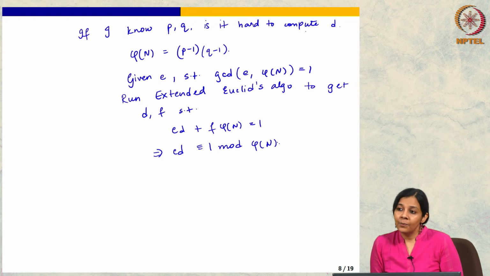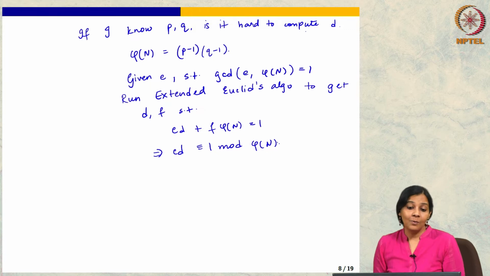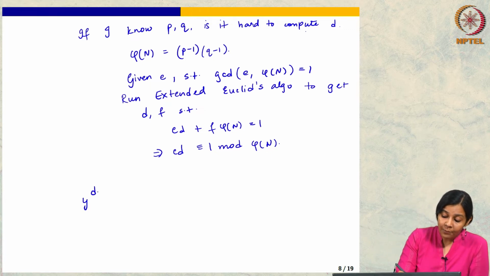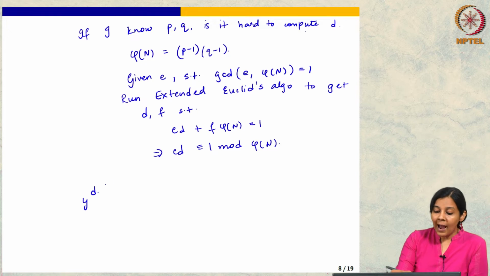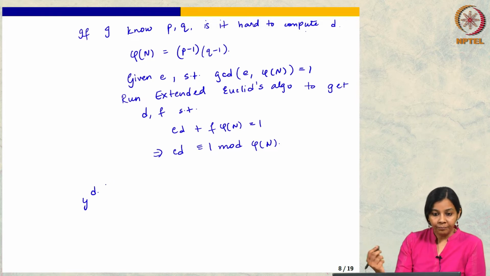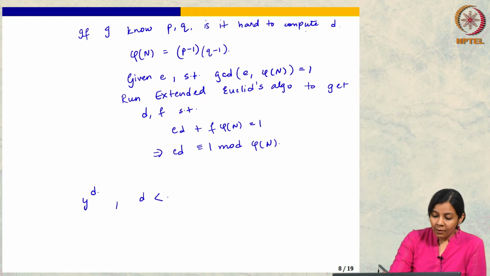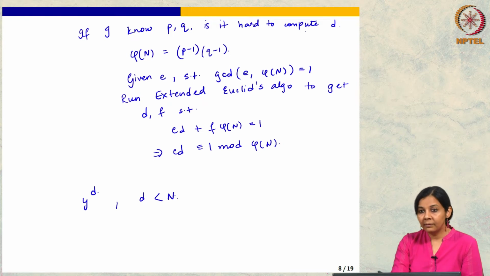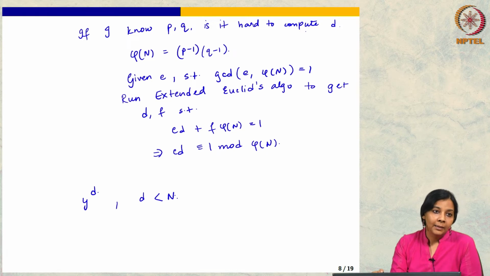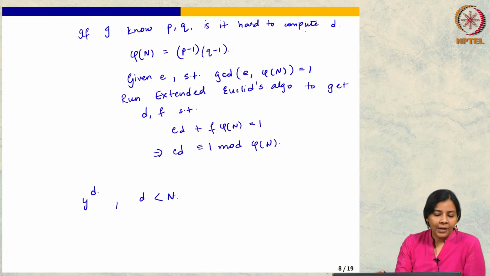But it is a good question actually. Let me ask you a different question. Why is exponentiation efficient? I told you that I want to compute y to the d. Now, d could be as large as n, where d is less than n. But we have done mod with n. So mod with n, so what? That just means that n is the upper bound. So, let us say even root n, or for simplicity think n.